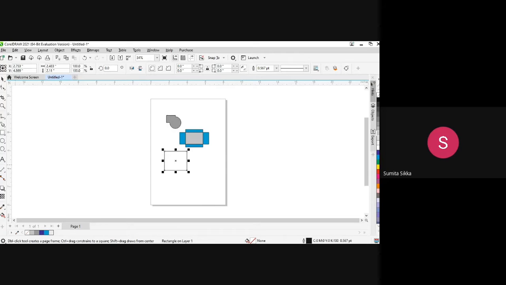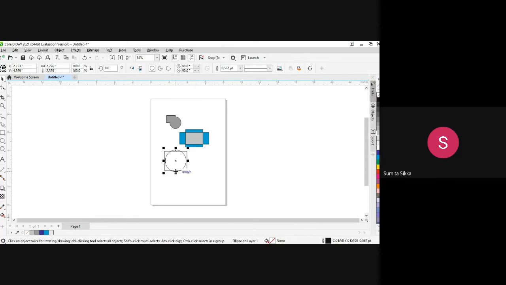This is one shape. Again, I am taking another shape. If I place this over this, and then with the help of pick tool, I can select both. There are two options. Either I can drag a window and make a window around both the objects and select them, or there's another option to select both the objects.